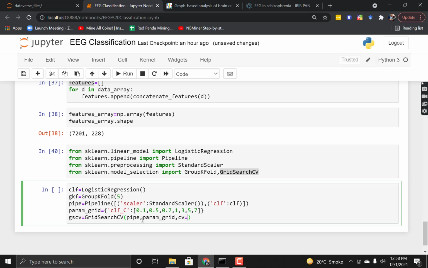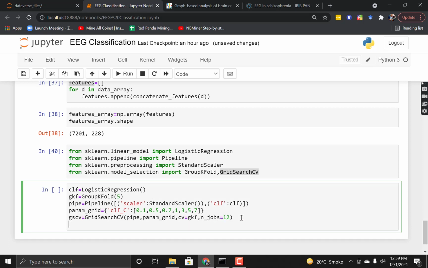We actually want GKF, which is group k-fold. If we just pass 5, then it will randomly split them. So I have passed GKF, which will split based on the groups. Then I can use n_jobs equal to 12. It is basically the number of processors you have. I have 24 processors, but I will use just 12 here.